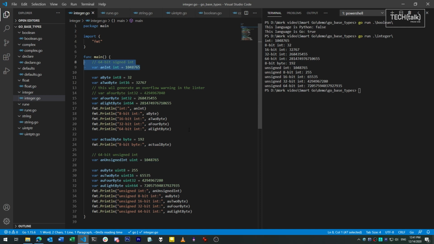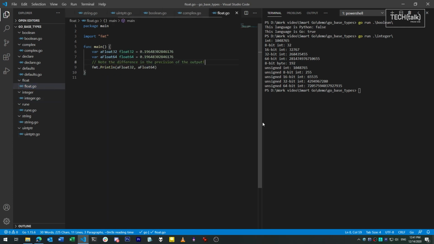If you want an integer of some specific bitness, you could request an 8, 16, 32, or 64-bit variety of integer just by changing the name. If you need integers that are bigger than what a 64-bit number can hold, Go has a package in its standard library, math/big, that deals with such things. These are what are called arbitrary precision numbers, and that's something worth covering in a separate video, though.